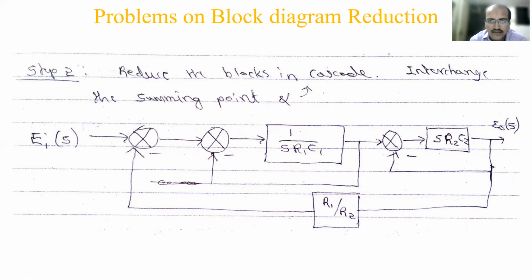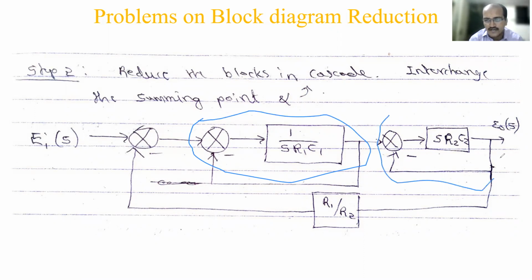So now you can tell. You have to simplify two minor feedback loops at a time. This is one minor feedback loop here, and this is another minor feedback loop, separately. So you have to apply the formula G divided by 1 plus GH. In the G place you have 1 by S R1 C1 in this case, and here the minus sign is there, so 1 plus GH. H is 1 here, unity feedback. Here also the same way, S R2 C2 becomes your G, and again the minus sign is there, 1 plus, again it is a unity feedback system. So solve that and put it over here. The two blocks will come in series.